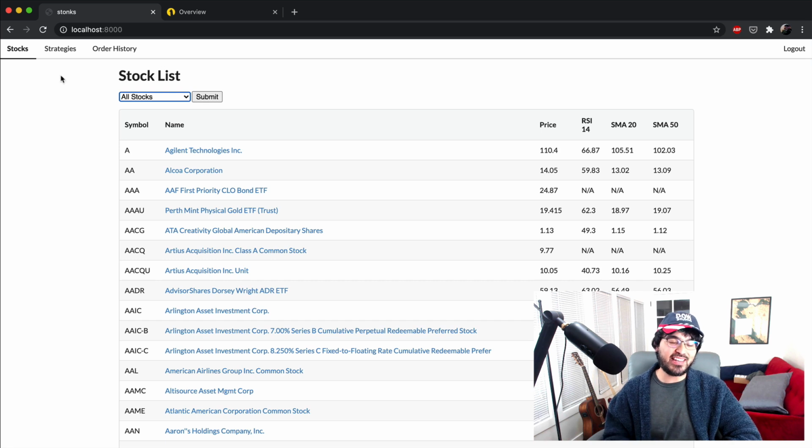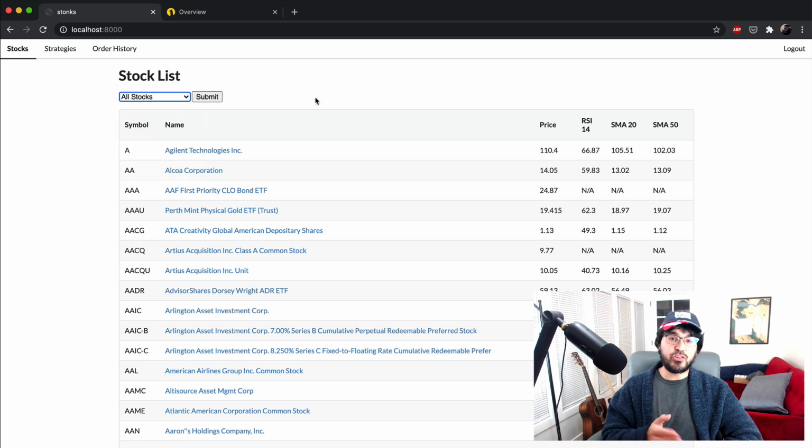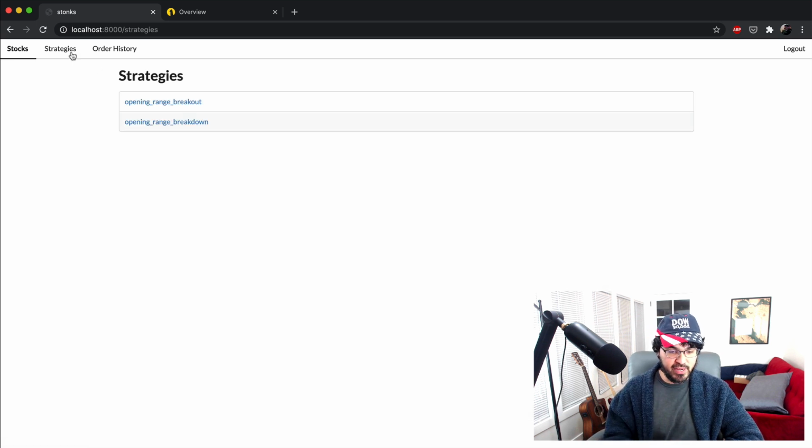We just added this nav bar so that we can navigate between the different sections of our site. We can go to our stock list, our strategies, and our order history. And we can also now filter on the different Tulip technical indicators that we're storing at the end of the day. And now if I click on the strategies page here, you'll see we only have 2 strategies so far